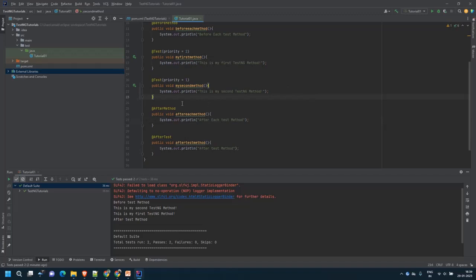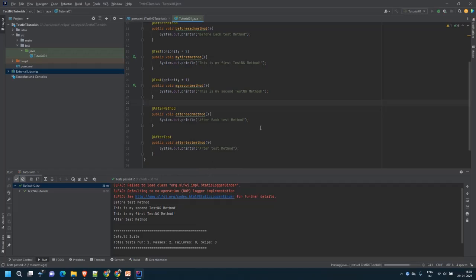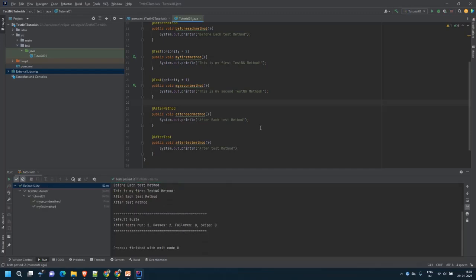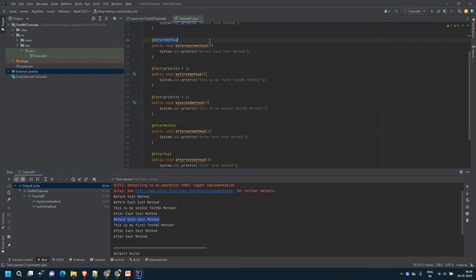Now if I run this one, see what will happen. In the log you can see that first it runs the before test method, then it runs before each test method, then based on the priority it runs the second method, then after each method, then again before each test method. Because as you can see, if you mention at any method the tag before method or after method, it will run before each and every test method and after each and every test method. Okay,